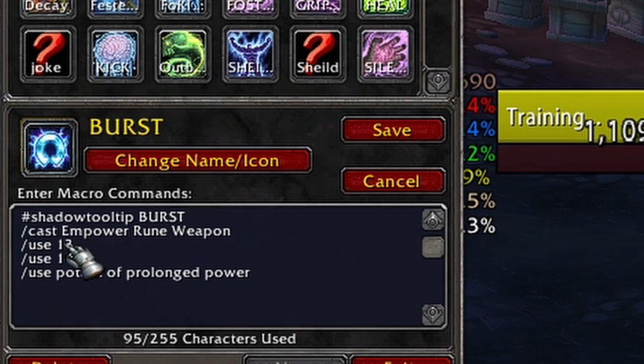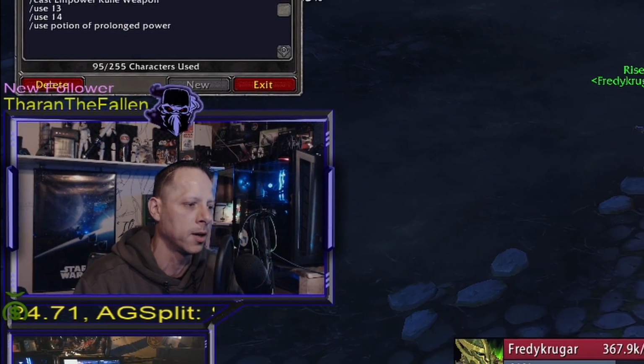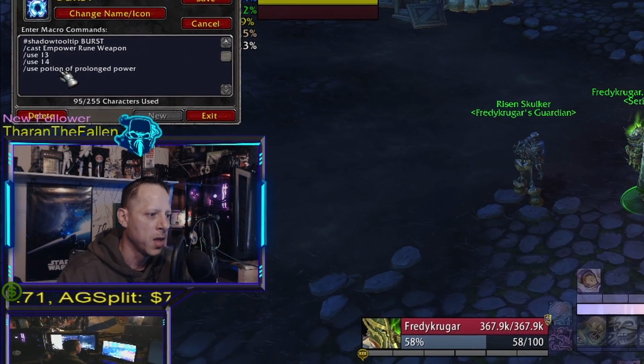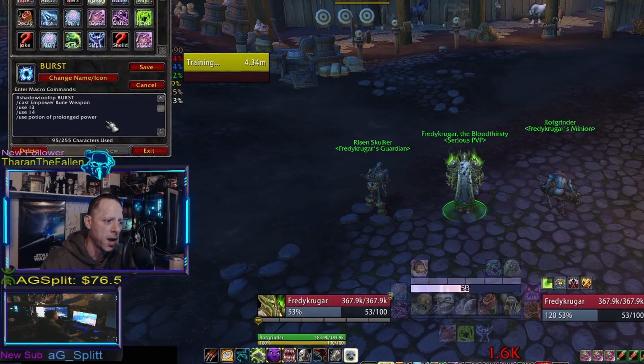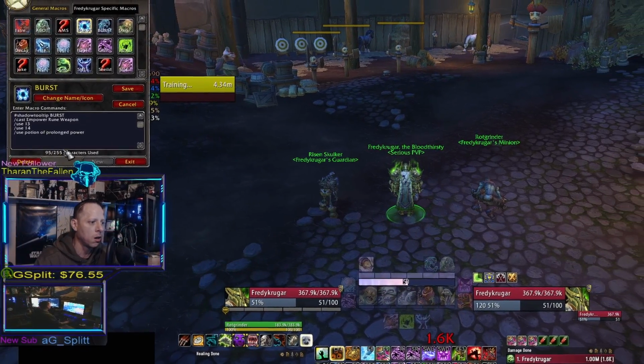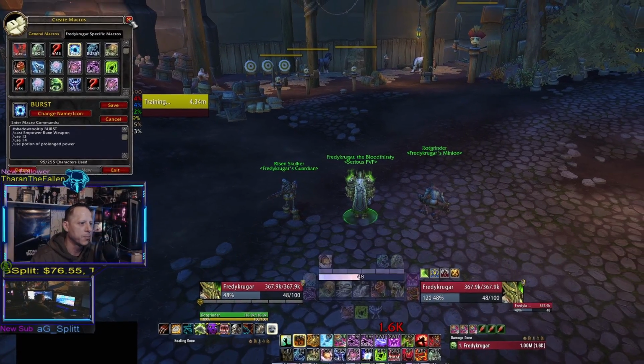/use 13, /use 14, and then if you want to put a potion in there, you know, Saltwater Potion, Potion of Prolonged Power, whatever it is, put your potion in there at the bottom. What this does is it'll pop your Empower Rune Weapon, it'll also pop your trinkets, and you'll drink a potion all at the same time. Alright, now